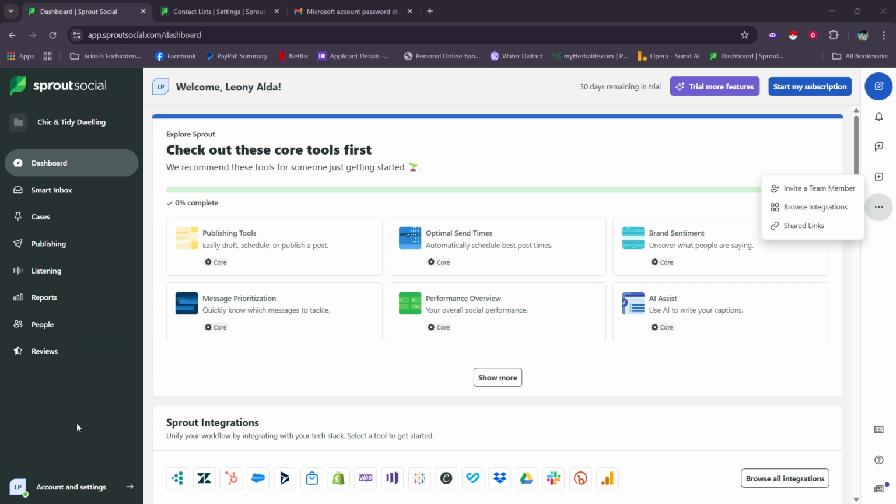First, open Sprout Social and head to your smart inbox. This is the central hub where all your incoming messages live, pulled in from the social networks you've connected. Think of it as your command center for DMs, comments, and mentions, all in one place so you don't have